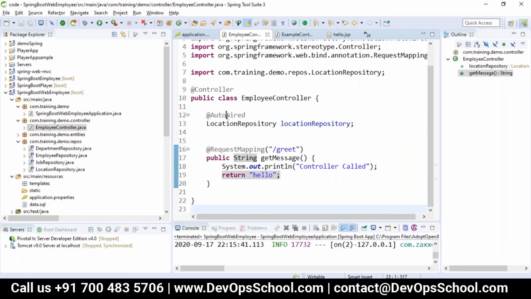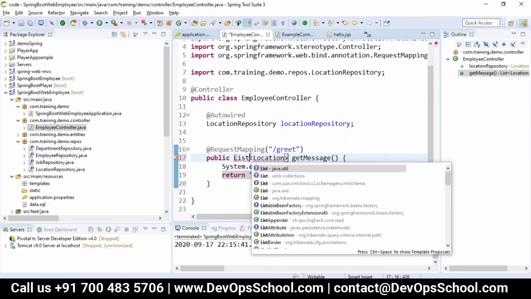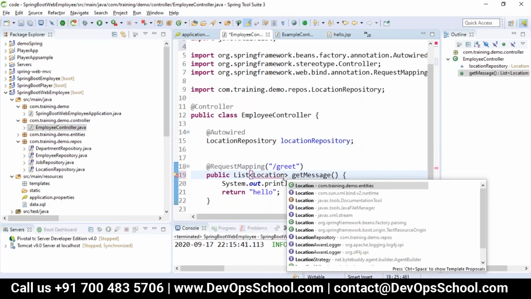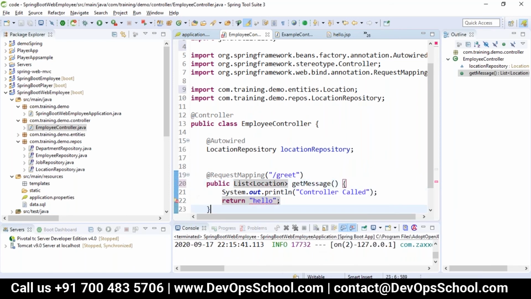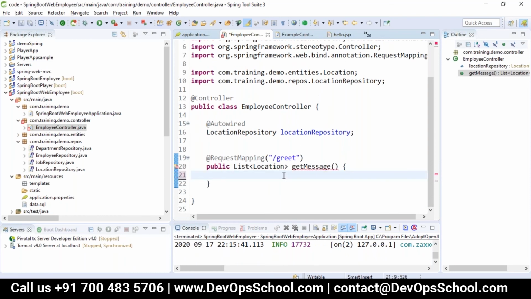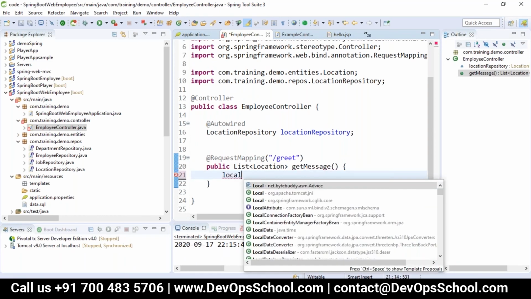I'm doing it here with autowire. Now I have to return the list of locations, so List of Location. First I want to import the list. Then we get it here from locationRepository.